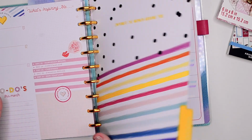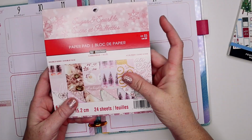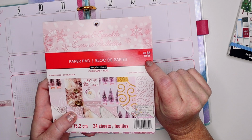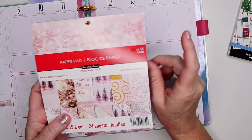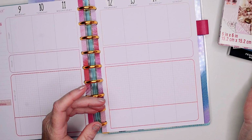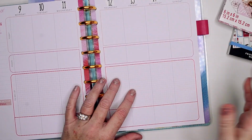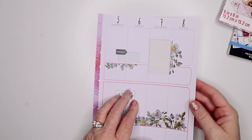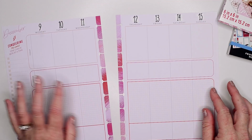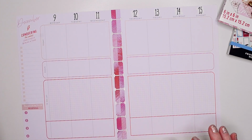So I went Black Friday shopping and I got this little block pad at Michael's. It was $5 and I think it was 50% off, and then I ended up using the extra 30% off coupon, but when I looked on my receipt I think I paid 75 cents for this, guys, so it was a really good deal. But I've seen lots of people use cardstock to decorate their planner spreads,